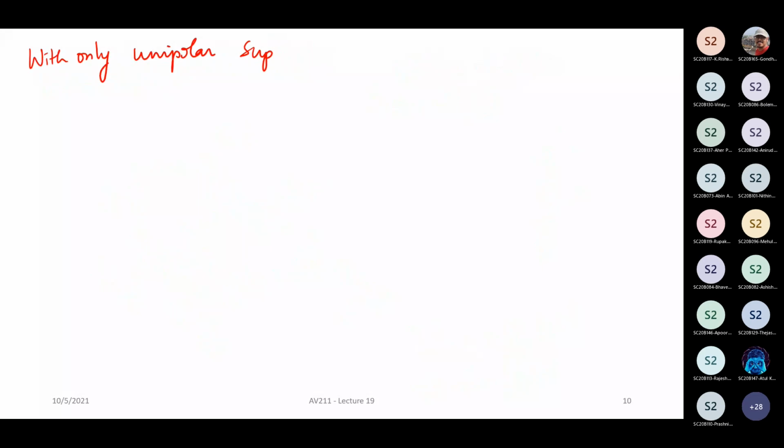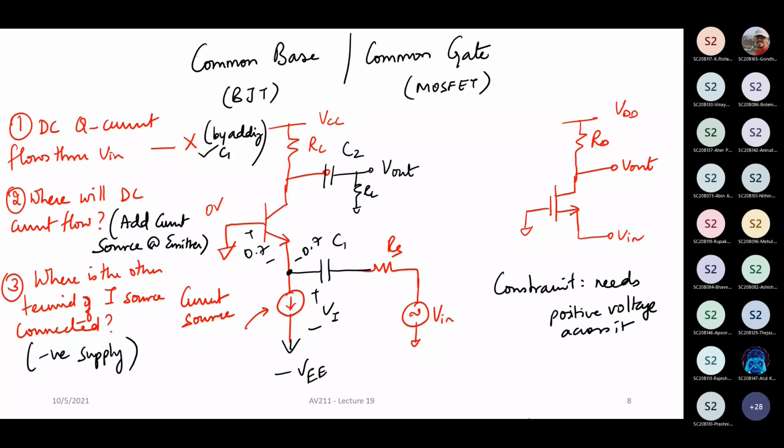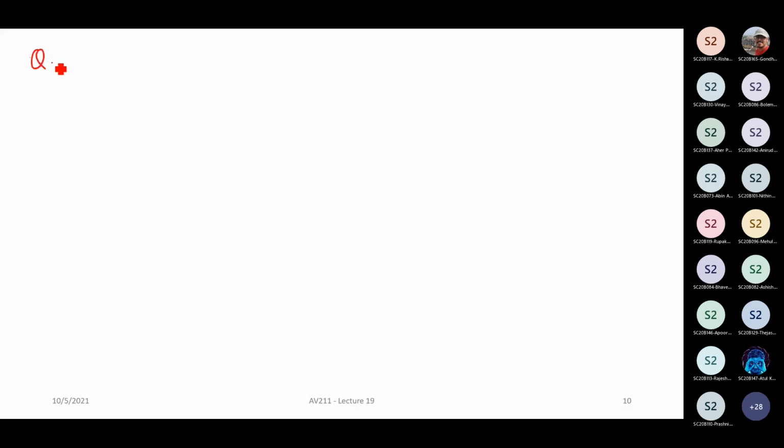Okay, sir, Q point current. So what is Q point current? Okay, this is a quiescent current. Okay, I don't know if my spelling is correct. Quiescent current basically means the DC current that flows when V in, the small V in, is 0. Or let me say VAC is 0.